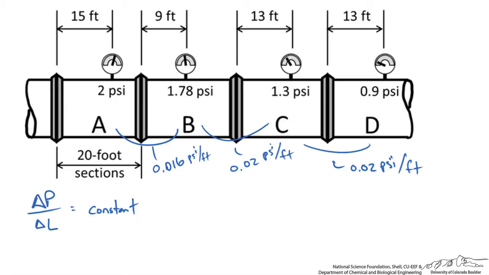Since the pressure drop is different between the first and the second, but not the second and third, so we're talking about the difference between these two rather than these two, that means section A must be the culprit. Thus, answer A is correct. Now, the real question is, is the pipe section larger or smaller?